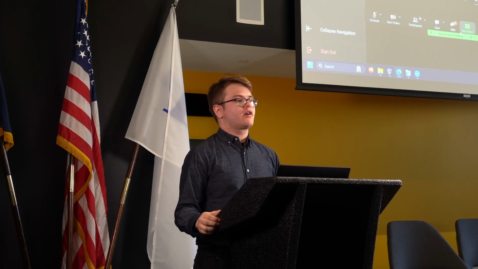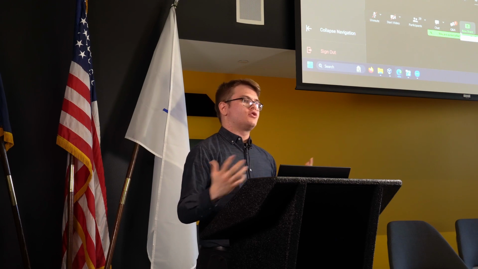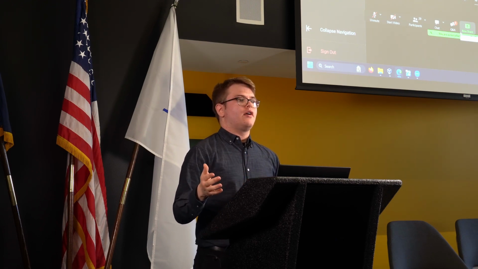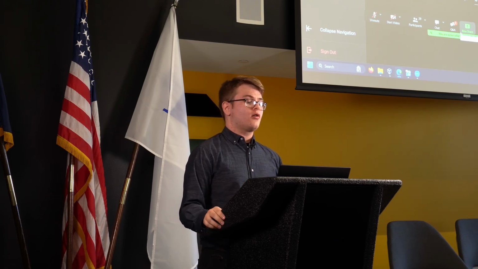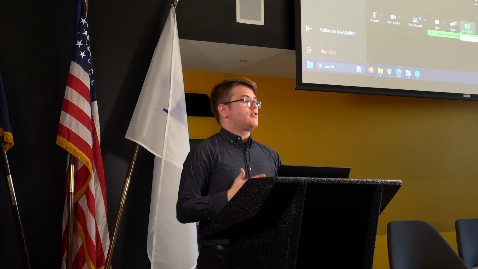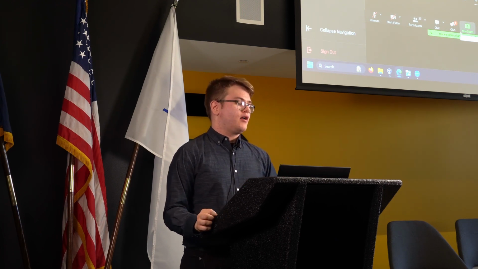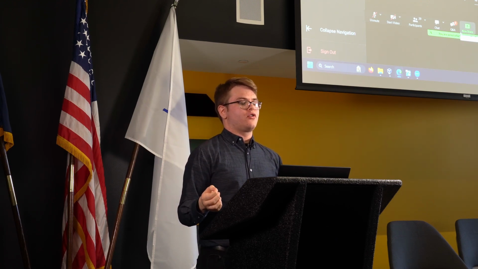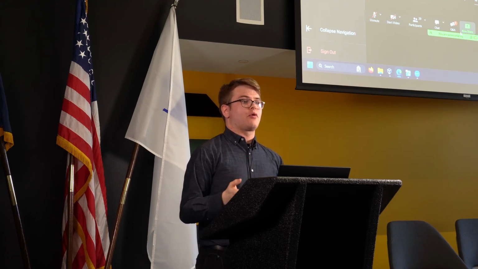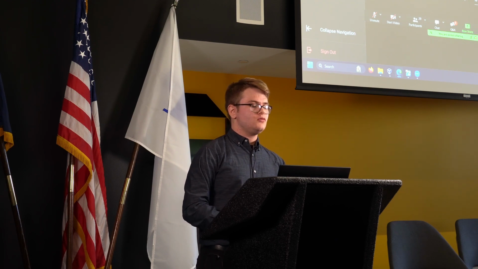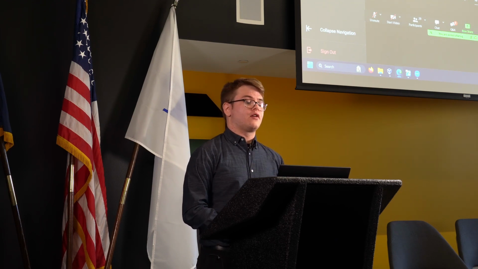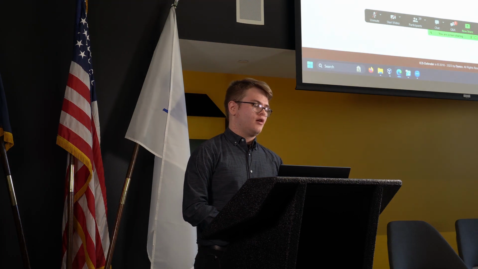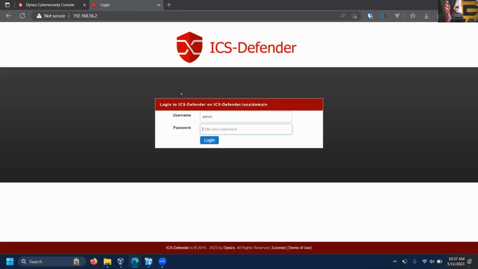And that sandbox network is a way that our engineers can go through and test some of the infrastructure before it's out. So I don't have that in my deployments here yet, but I would like to extend it so that we are able to use that ICS Defender with and protect it from this network intrusion as well. If I go over to that ICS Defender, which I had pulled up here, I can log into it